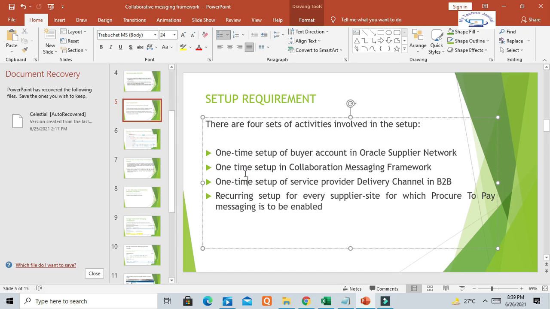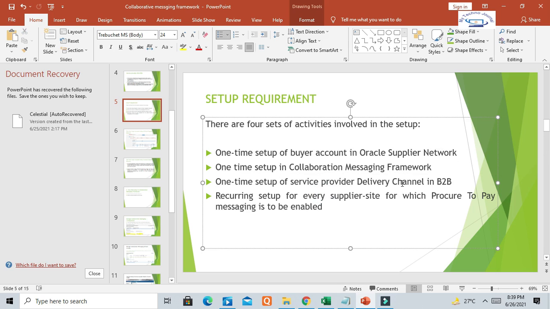And we have to do the setup in the collaboration messaging framework, which we can see in Setup and Maintenance. So what setups are needed in this collaboration messaging? And one-time setup for the service provider delivery channel in B2B.